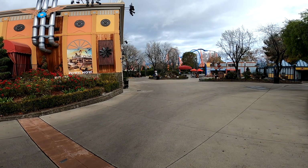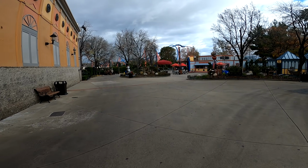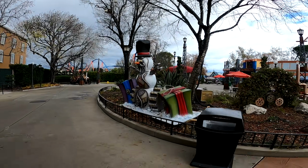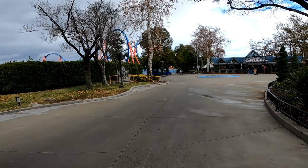Before I continue, on the left hand side you will find the Gearworks Theater, which is still occasionally used. But as I was saying, I just love the whole steampunk vibe here. It's legendary. Past the theater, you'll find some more restrooms on the right-hand side, as well as Twisted Witches, another food location. As we keep moving, there's some awesome theming placed on either side of us, and we will eventually